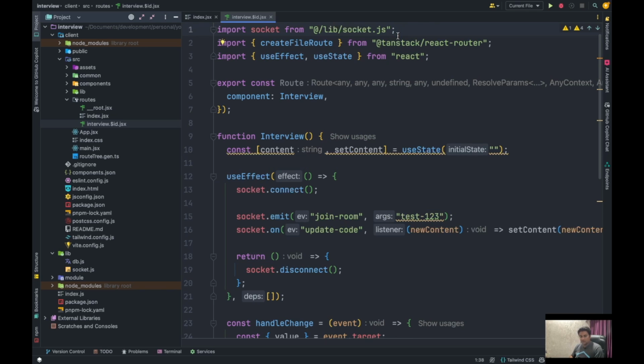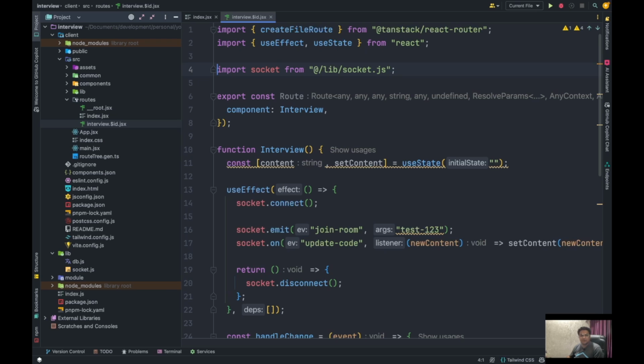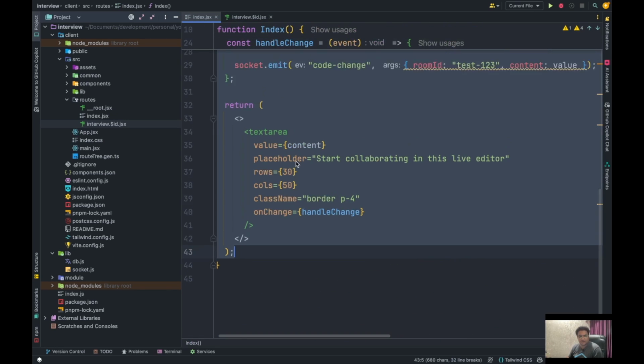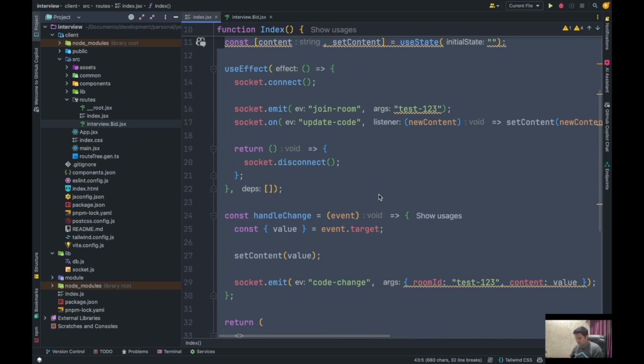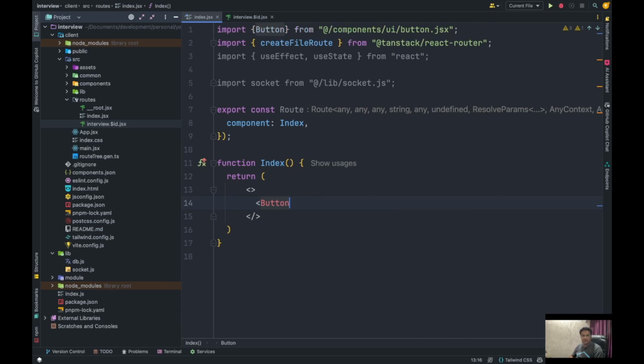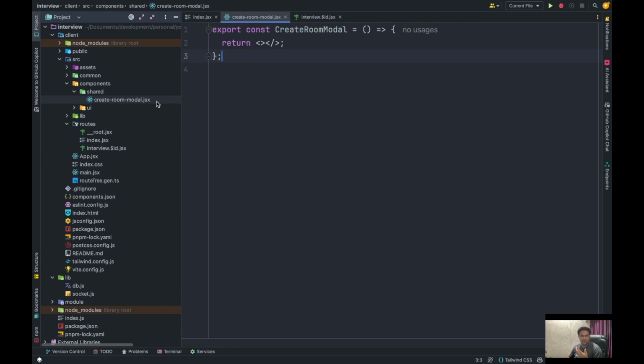Okay, just do this import. Okay, fine. So this is good. Let's come up here, add a button. This will be for create room. So this button will actually open a new modal where we have our component. So create modal room. Let's go to